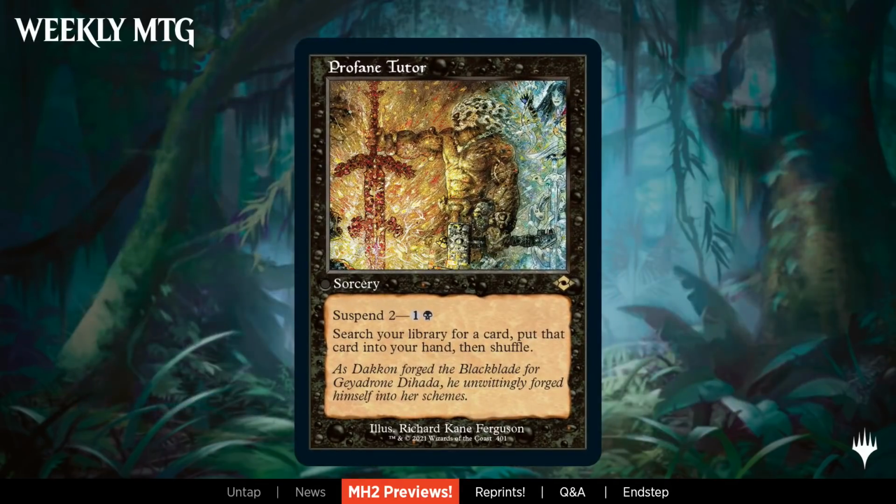Yeah, I think you're trying to say it looks amazing. Oh, I like that. That's the one we choose to make bigger. It brings me back to my early days, Arcane Denial and stuff like that. But yeah, Profane Tutor, a very clear callback to Demonic Tutor,